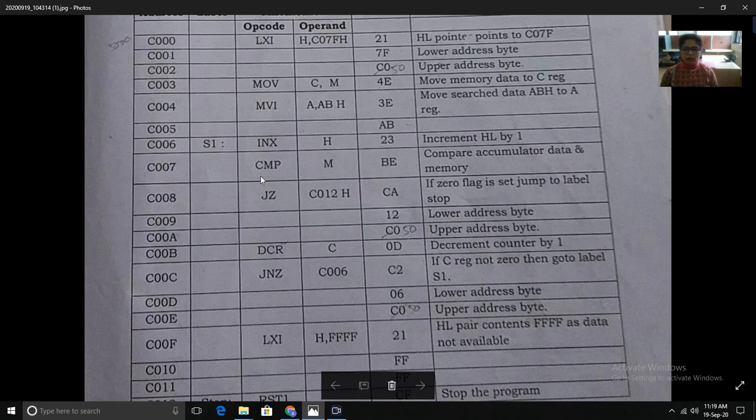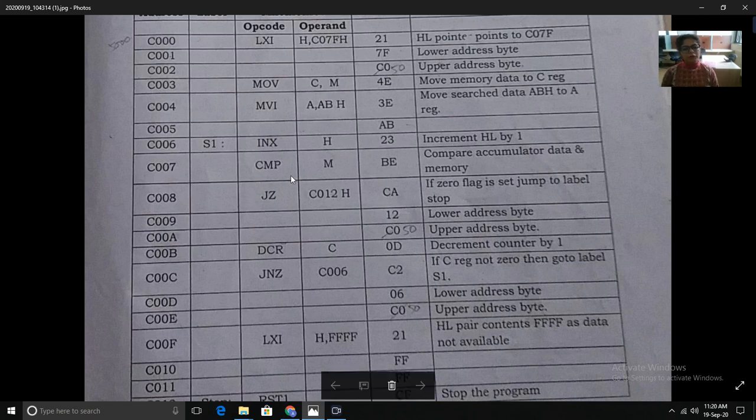Now our item is in the accumulator, the length of block is in the C register, and we have incremented the HL register pair by 1. Now we have to compare the item from the memory location with the item from the accumulator.